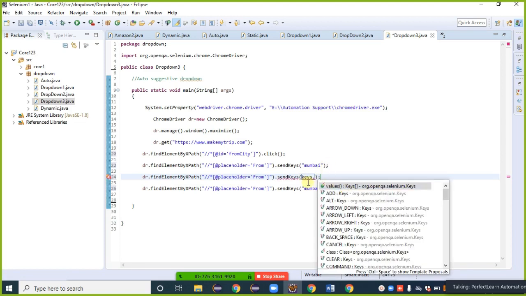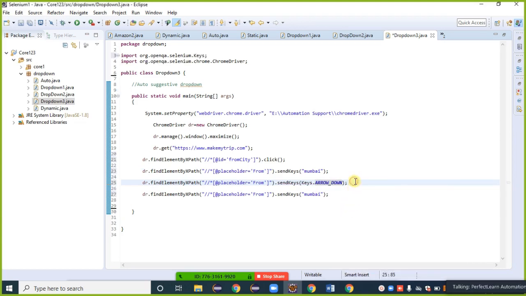Whatever keys are available on the keyboard, the total list opens here: addition button, alt, arrow down, left, right, up, backspace, cancel button. Different function keys open here. We can select anything as we need. Right now we need arrow down, so I'm selecting arrow down here.